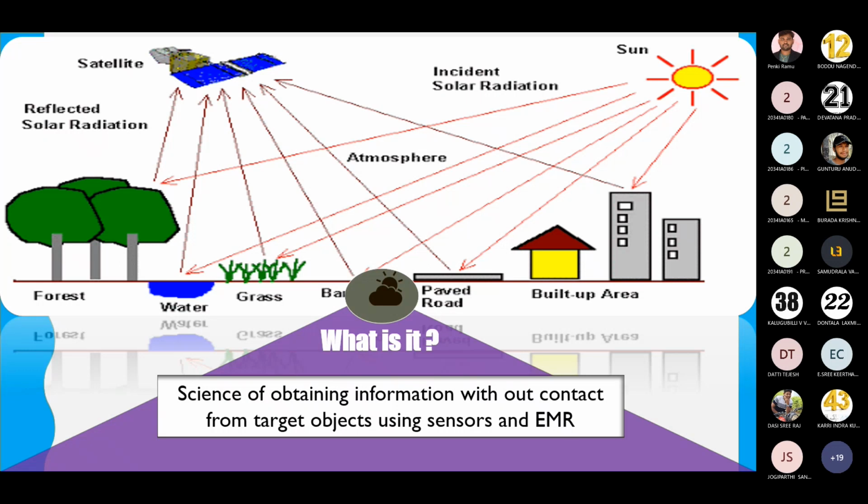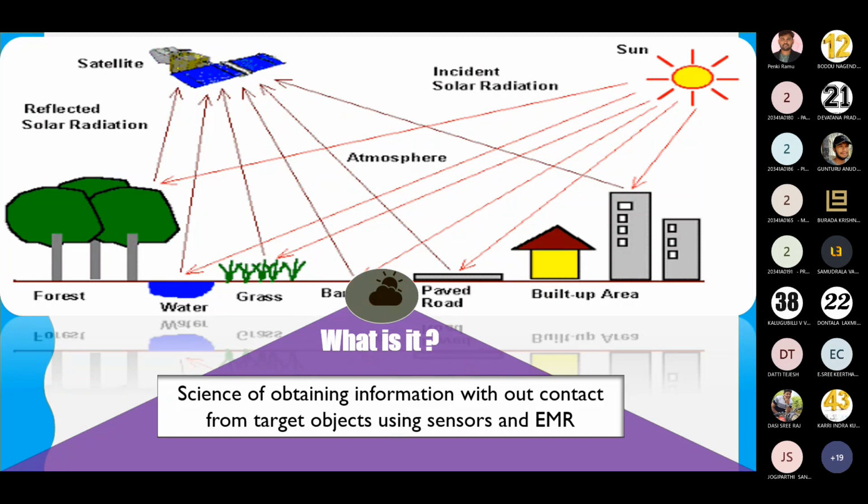This transferred energy, this shifted energy, which is transferred into different directions, will be captured by a sensor that is mounted on the satellite. These satellites carry the sensors. These satellites serve as a platform for the sensors, and these sensors will capture the energy that is flowing towards it. And this captured energy will be studied to understand how different objects are behaving, how different objects are changing. So this is basically how remote sensing is performed.